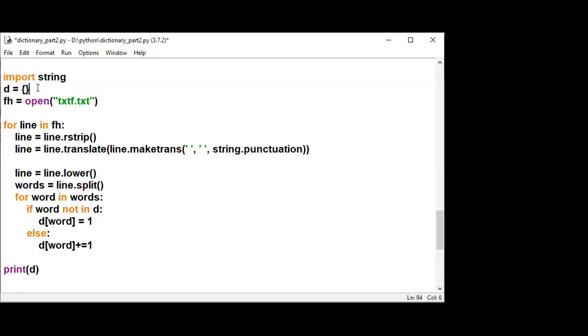We have created an empty dictionary and we have opened the same old text file that I displayed. For every line, first of all, we are removing the spaces at the end of the line.